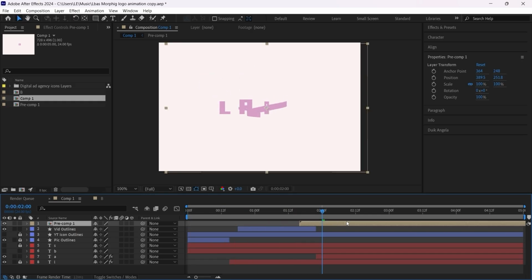So let's go ahead and offset our letter B because we want the animation to start around here. So this ribbon won't touch the other letters. And there you have it. So as you can see, we created our overlap morphing animation. So as you can see, it was a little bit difficult compared to the previous 2 letters, but it was